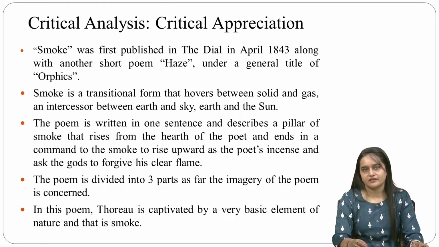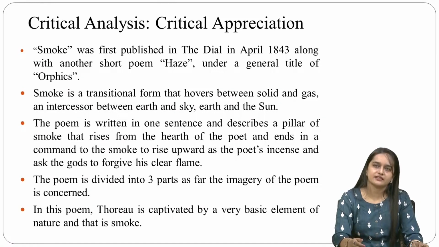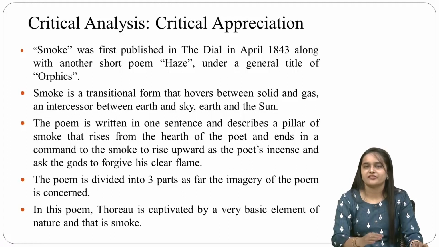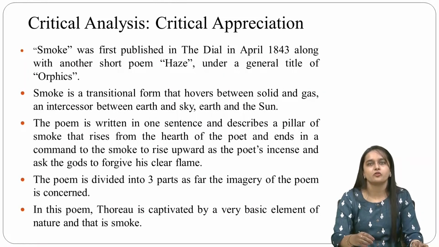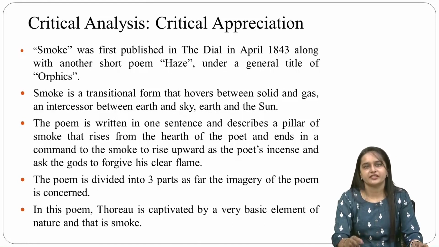In the second part of the poem, the imagery changes from the flight of a bird to a dark, shadowy, undefined form, which is a contrast to the imagery of the first four lines. Lines 9 to 10 make the final section of the poem. These lines are the command of the poet to the smoke that it should rise from the poet's heart and convert into a message to God to pardon the poet's clear flame. These lines are the summation of the poem. This is the summary of the poem.